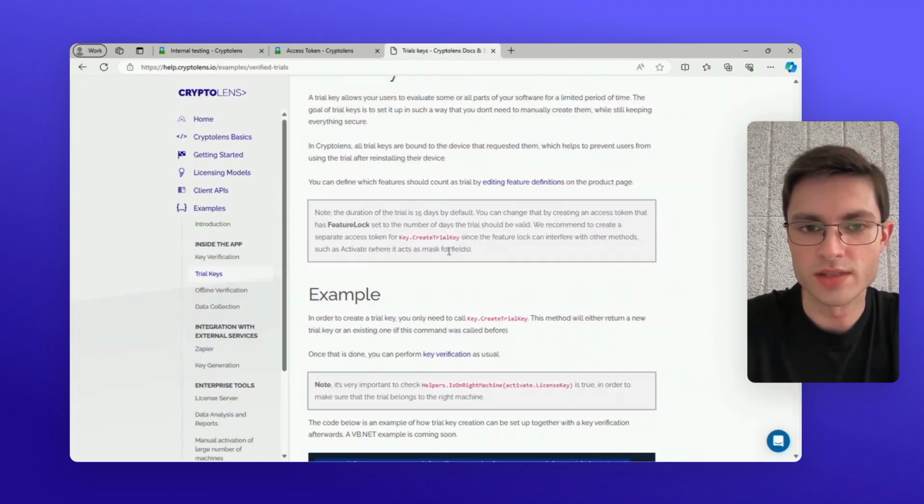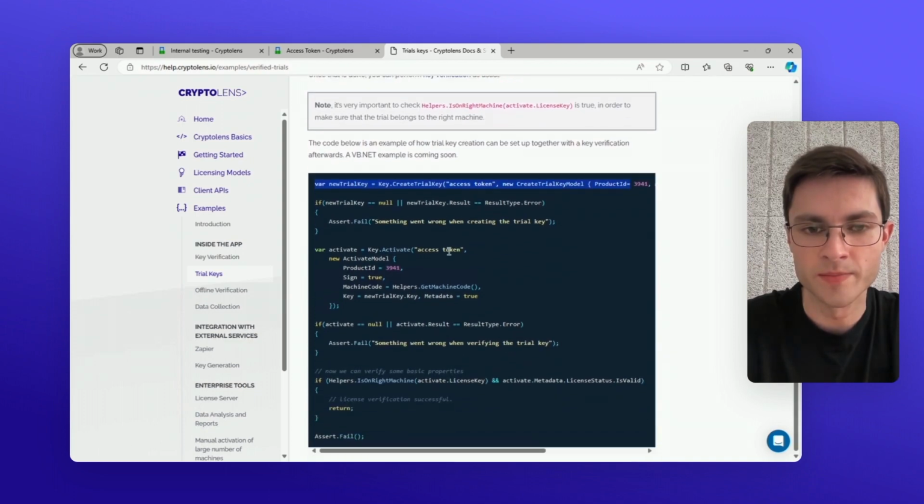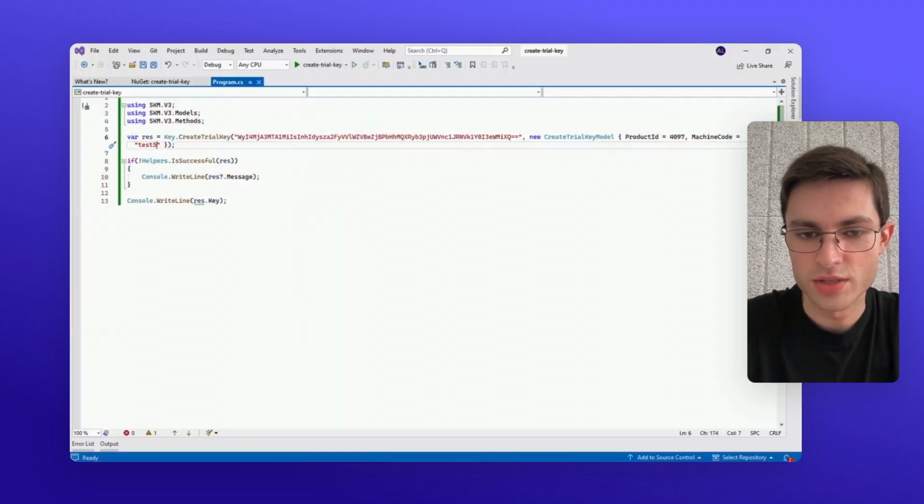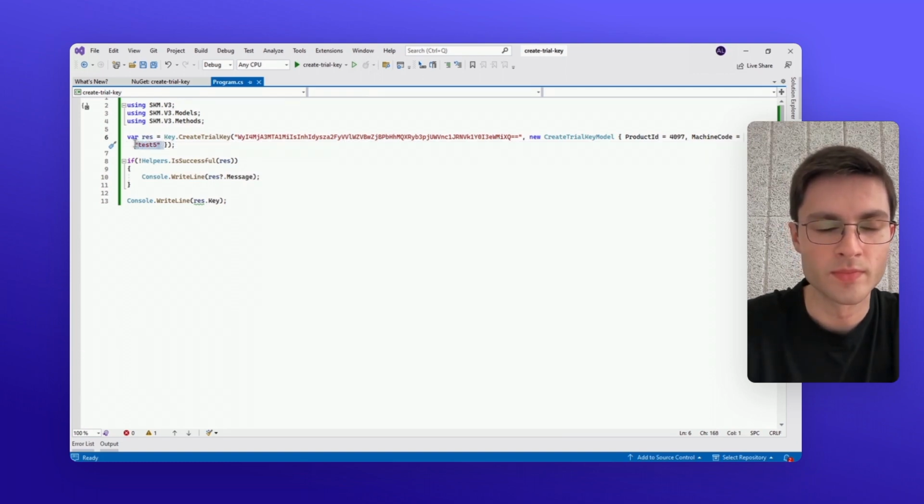I would suggest reading this article for more details. And as we mentioned earlier, it's important that you don't hard code the machine code, but you actually use a method that we provide or a different way that you prefer to use to identify that particular